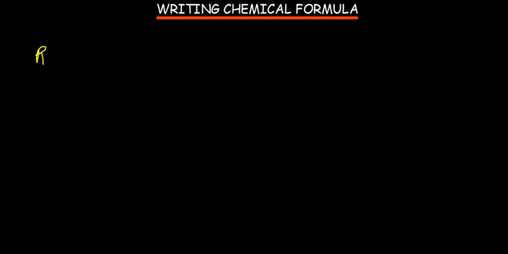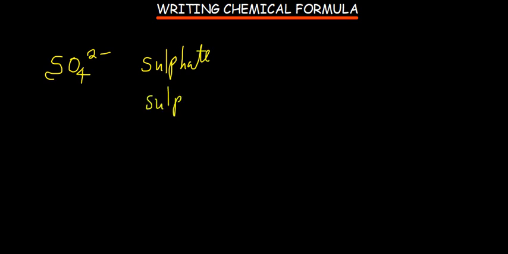The first one is sulfate, SO4. This is sulfate. It has a valency of 2. What's the name? Sulfate. It's different from a sulfide, because for a sulfide it's going to be S